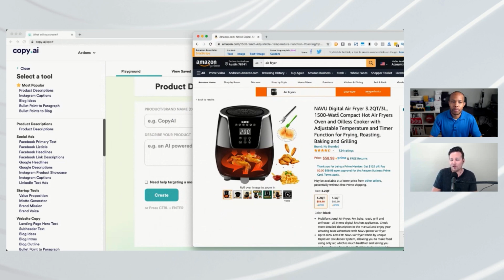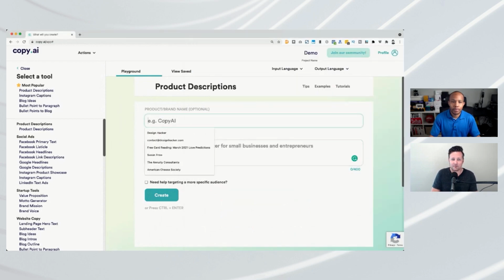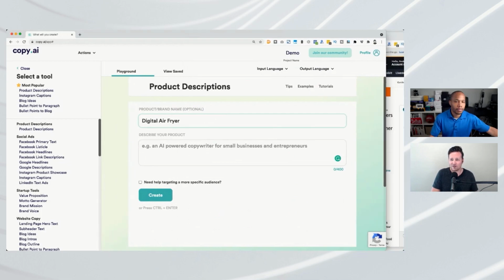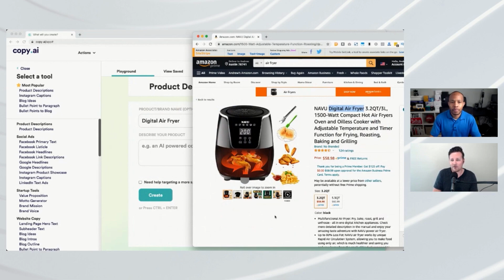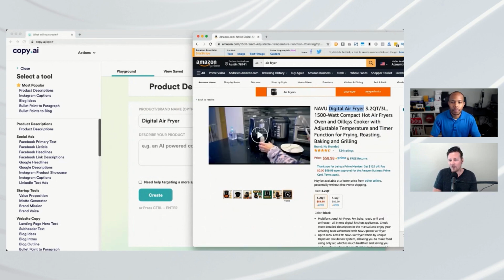So I could just take something like this. Let's call it the digital air fryer. And I'm going to paste that in as the product name. That's all you need, just a quick product name, or describe what your business name is or the product that you're trying to sell is. And then we might just go ahead and say,